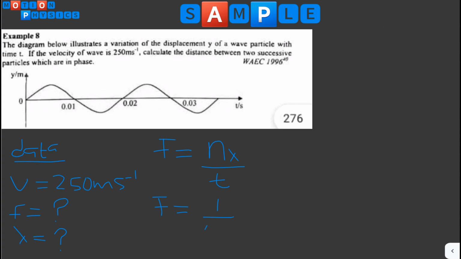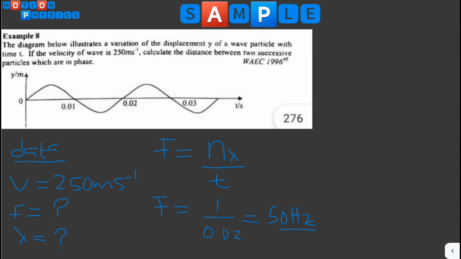So I'm just going to write 0.02, and if you divide 1 by 0.02, you are going to be getting 50 hertz. So we get 50 hertz. But recall from our question, they asked us to calculate the wavelength and not frequency. So now that we've gotten frequency, we'll make use of